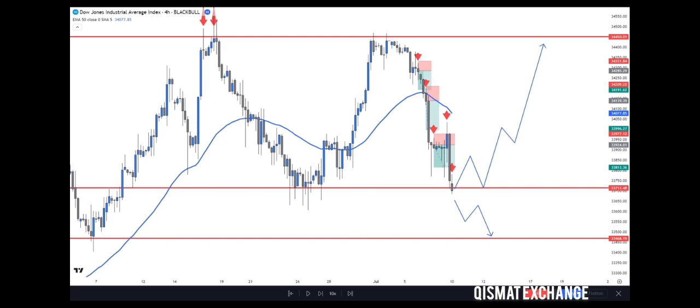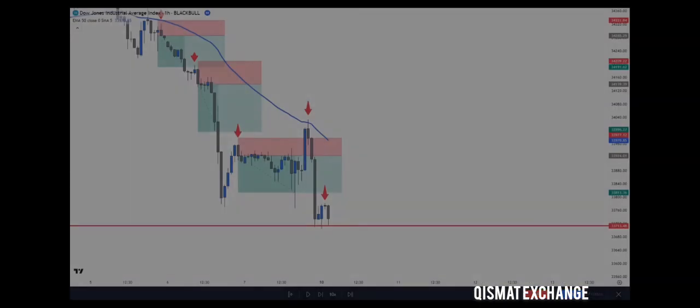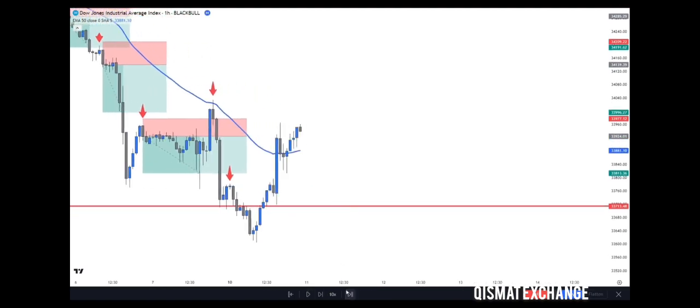Now, let's zoom into the 1 hour chart. Now the market has